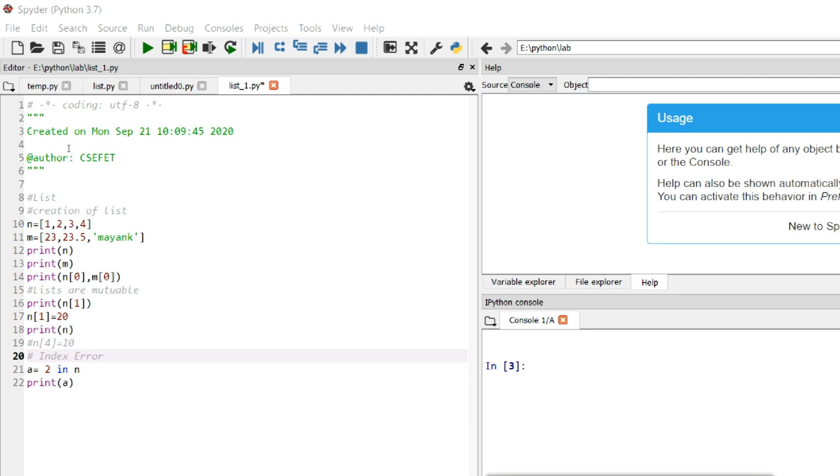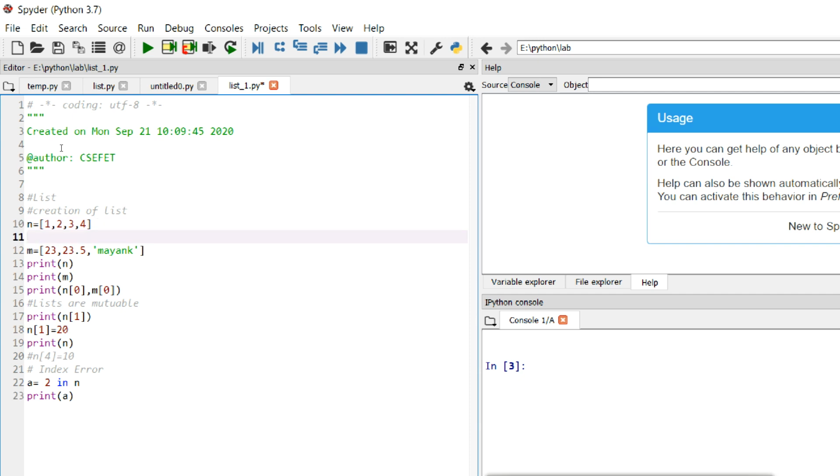So the symbol which is used to make a list is a square bracket. This symbol is used to make a list. Whenever we have to create a list, as you can see, we just name a variable, we put an equal to sign, and we give it the values within these square brackets. For example, if I want to create a list A, I will write A is equal to, I will put this square bracket, and whatever I write within that square bracket will become a list. It is a list of values.